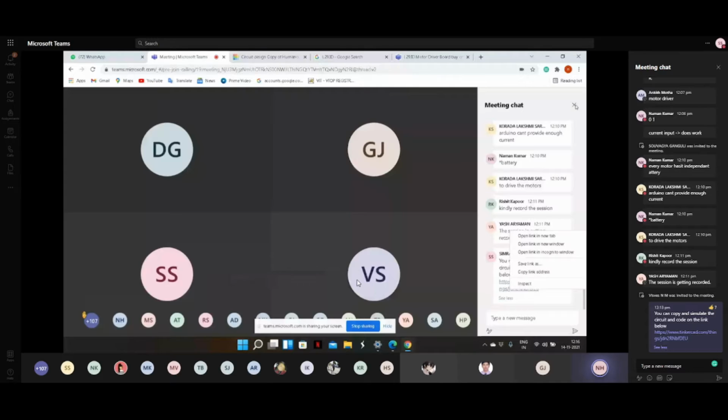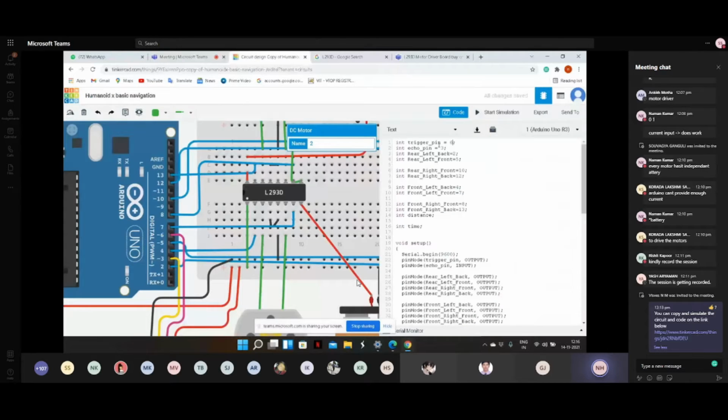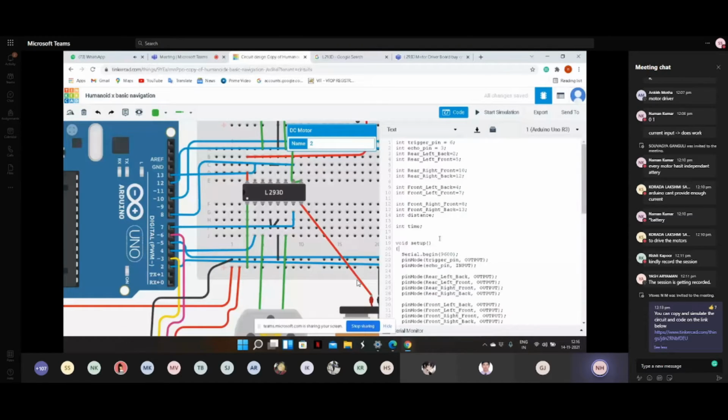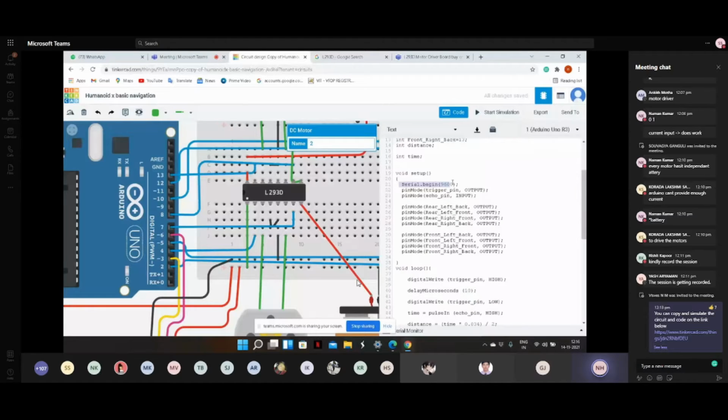So as you can see, this is specifying the trigger pin to pin 6 of the Arduino and the echo pin to pin 3 of the Arduino. This is just basic functions. This is Serial.begin. An ordinary programming language gives you a code output, but an Arduino doesn't have a specified place for a code output, so it calls the serial monitor to give you the output, and we call the serial monitor through the function Serial.begin.